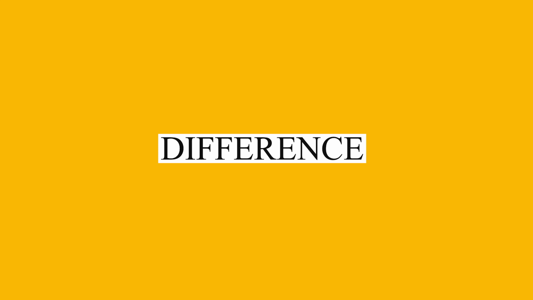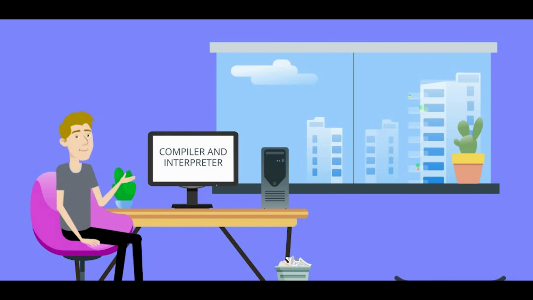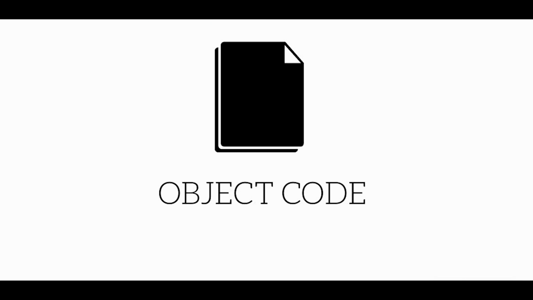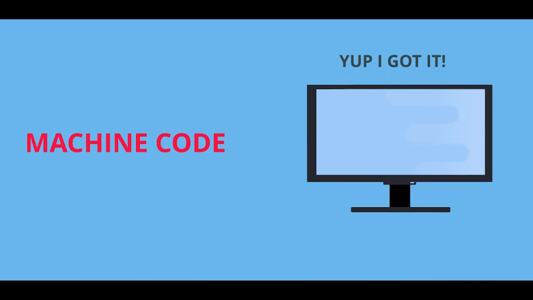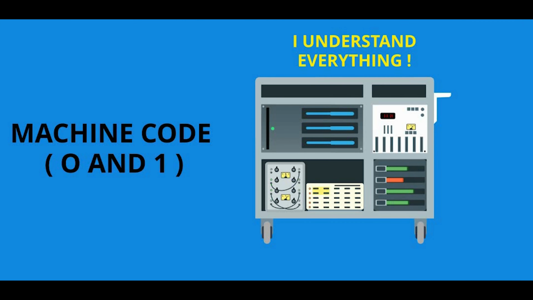In this video we are going to discuss the difference between compiler and interpreter. Well, both the compiler and interpreter have the same work, but different functioning. A compiler converts the whole code into the object code, which is not understandable by the computer. After that it finally converts the code into machine code, which performs the functions. Whereas an interpreter converts the code line by line directly into the machine code for processing, without the object